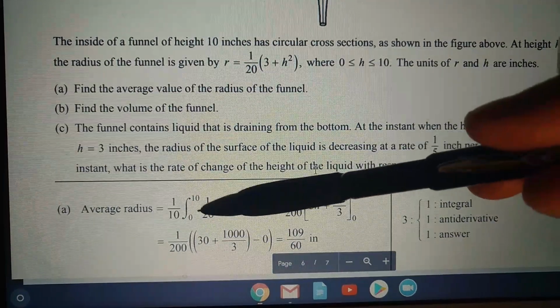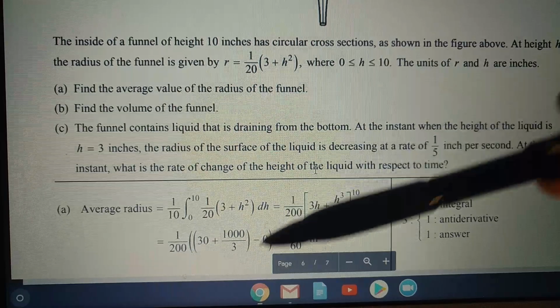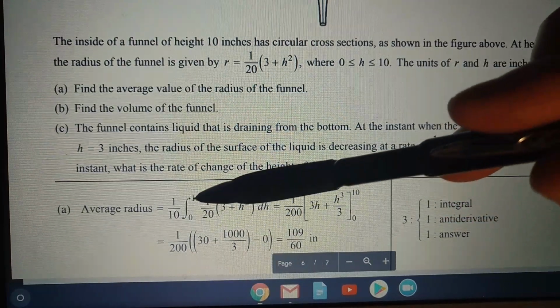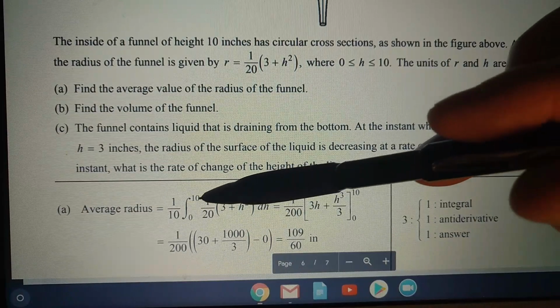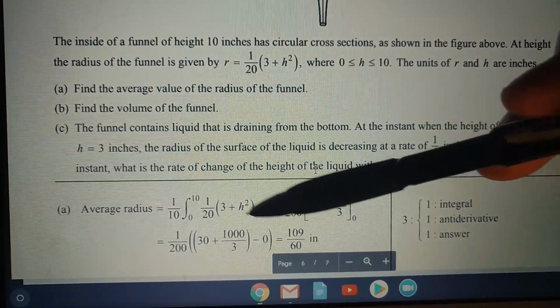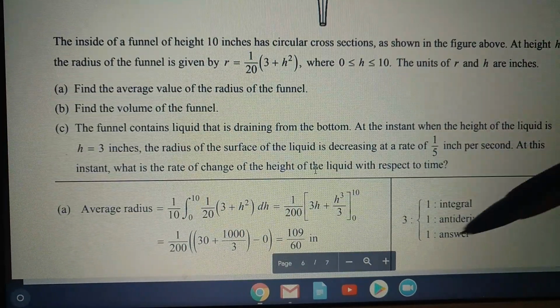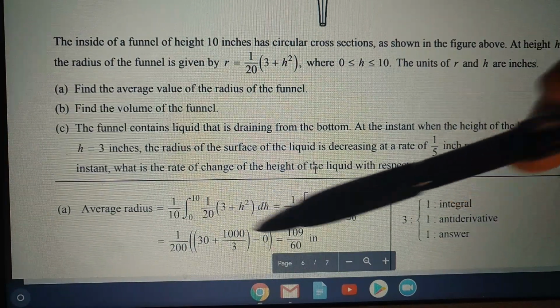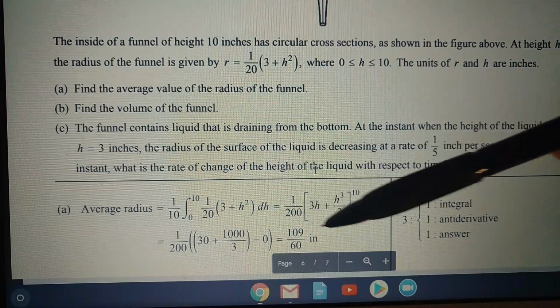So we know it's the integral divided by the interval. The interval is 10. The height goes from 0 to 10. We take the integral there, evaluate. If you get the correct integral, which is 0 to 10 of 1/20 (3 plus h squared) dh, that gets you 1 point. If you take the correct antiderivative, which is what is inside of these brackets here,